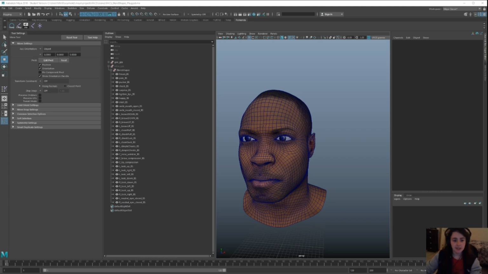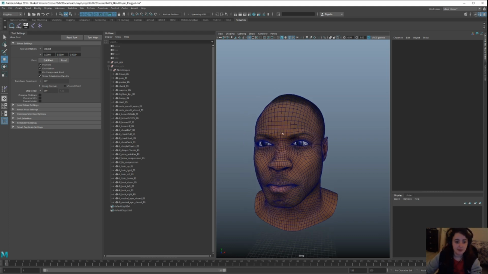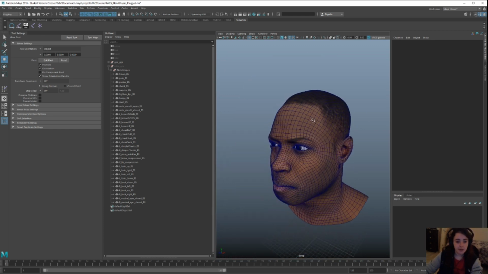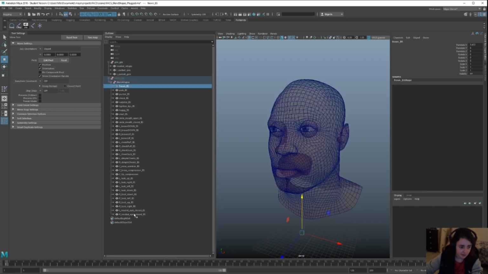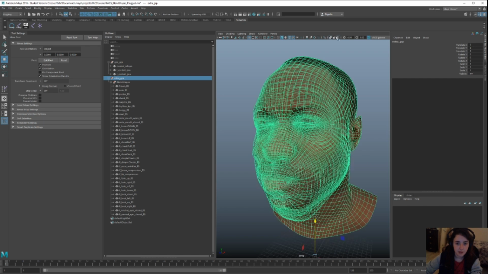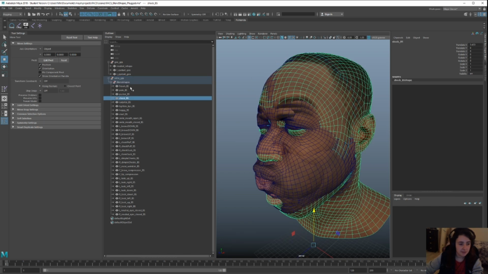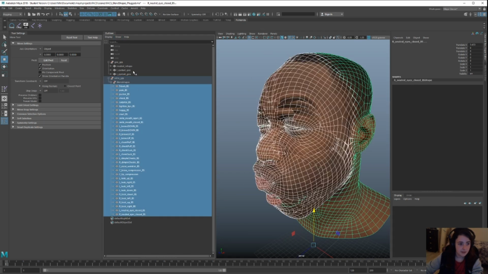Anyway, we are continuing our adventures with FACS-based rigging. Here we have a handsome face. We have our neutral head, eyeballs, and also all of our blend shapes that are currently hidden. But here they are. So let's start by getting all of these, and then selecting the neutral head and creating